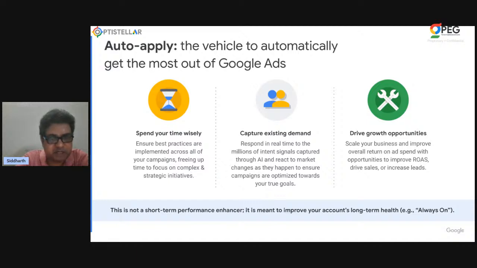And as Varun had mentioned earlier, we had conducted studies and we found that any particular account that improves its overall optimization score over a period of time by around 10 points saw almost a 14% increase in conversions, in median terms. So there could be some accounts that might even give more than a 14% increase in conversions. So definitely you see that looking into or maintaining optimizations for recommendations helps you in the longer term,